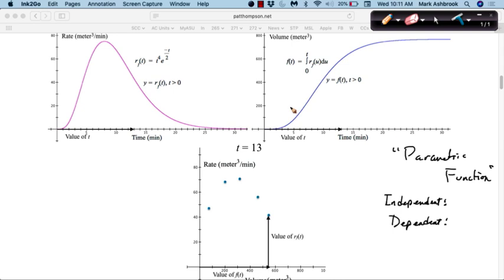The way we view this parametrically is the way that we're constructing this function. So what's independent and what's dependent in the way that this thing is getting created? It's not that we're taking values of volume and getting values of rate. That's not what we're doing to create this, right? So the way that we're constructing this is the backbone of what a parametric function is. So what is the independent thing in this function? Time. We're starting with a time, right? Start with time equals 13. That's the independent